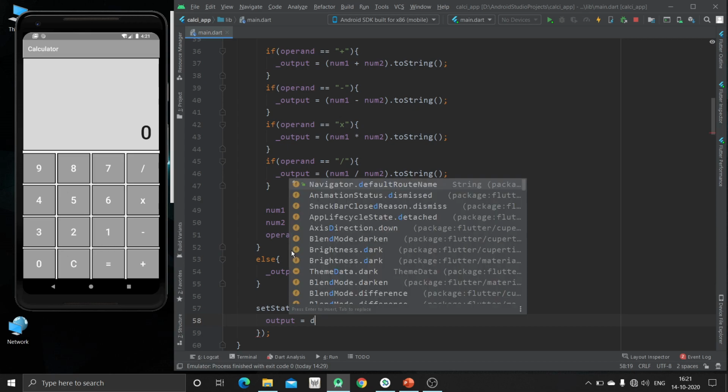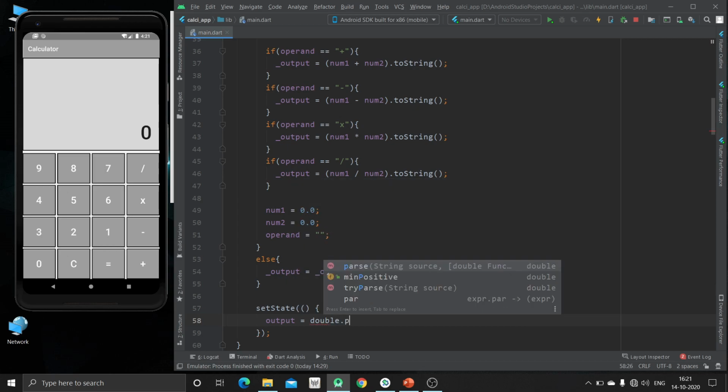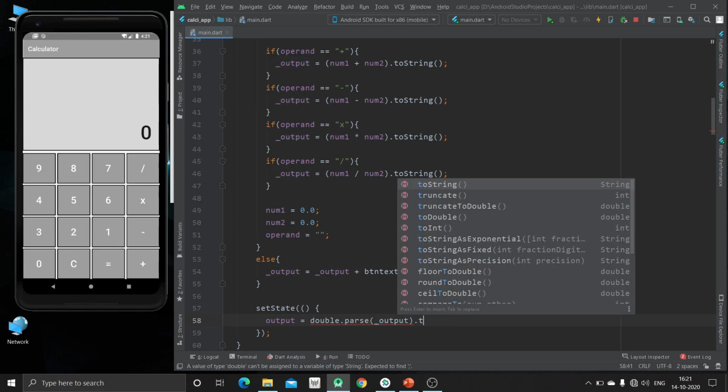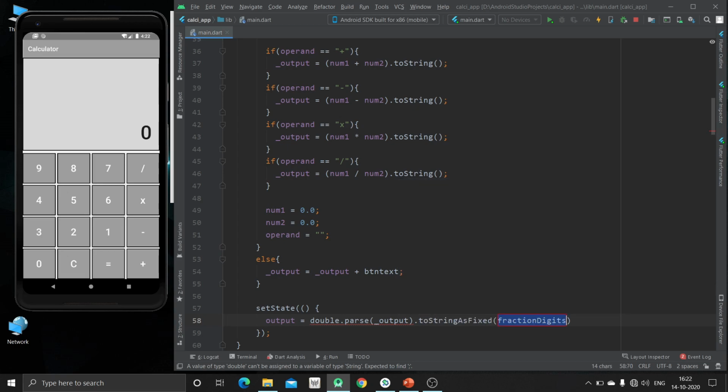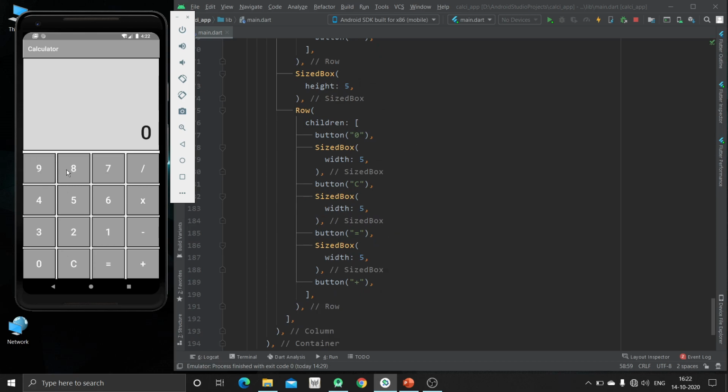I'm going to pass the output variable to string as fixed, and we are going to fix this as 2. Right, done. Now we will run our app and see whether everything works or not.